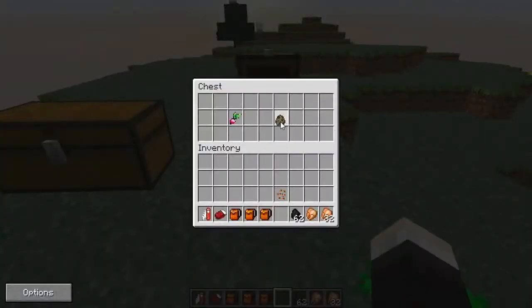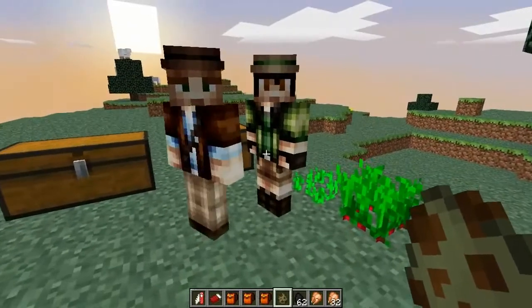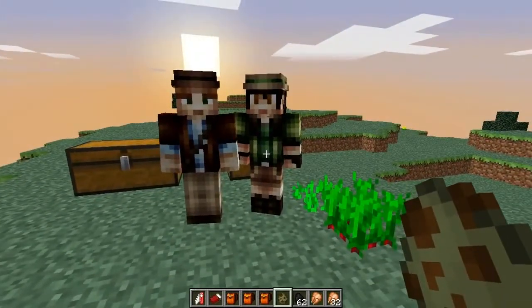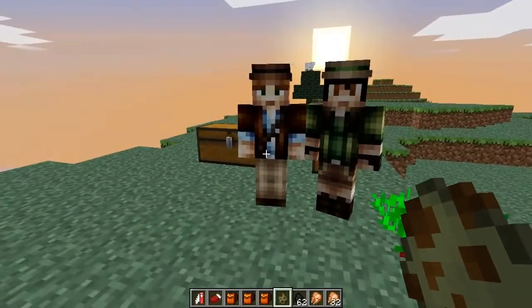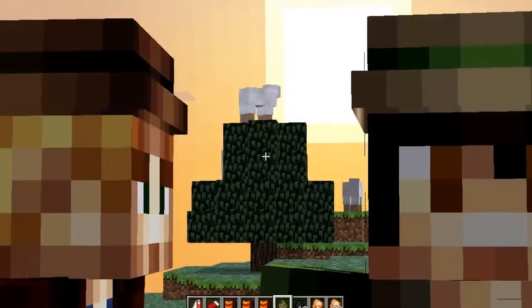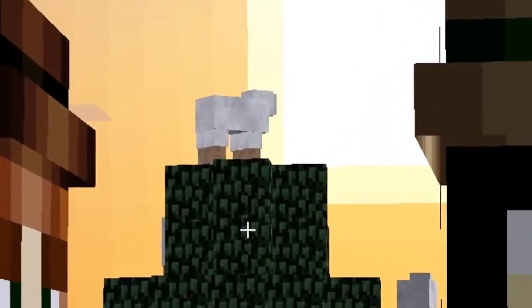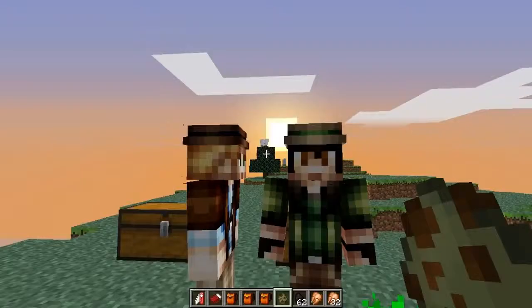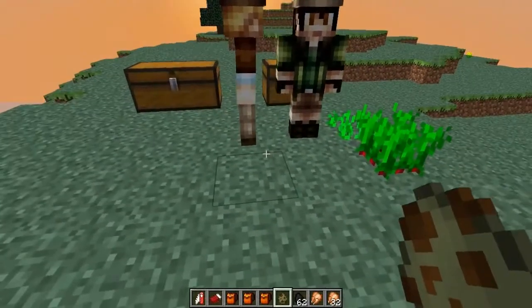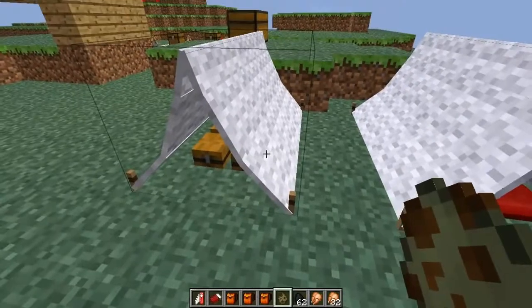And speaking of campers, we also have the final part of the mod, which is the camper mob. So these will appear in male and female form. As you can see, the female is on the right and the camper is on the left, the male one. And look at that sheep. That is an epic image right there. Look at that. Just to get distracted. And these will spawn randomly in forest and plains biomes with a single tent, and they